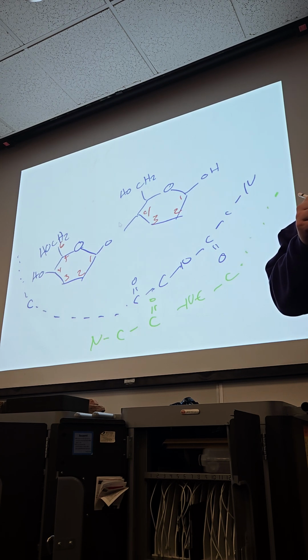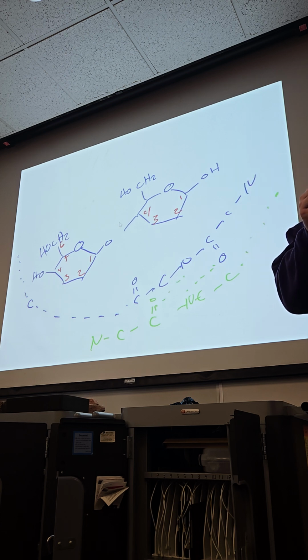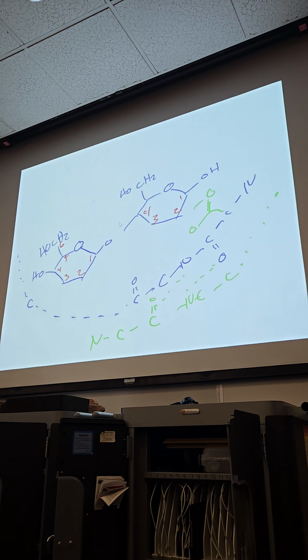Okay, so we'll get some hydrogen bonding between those. Well, how this is going to work is there's going to be R group interactions, okay? And those R groups are going to hold in place